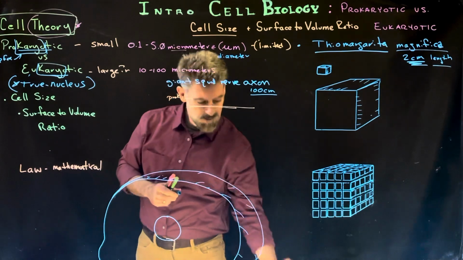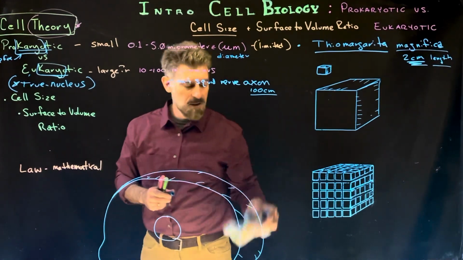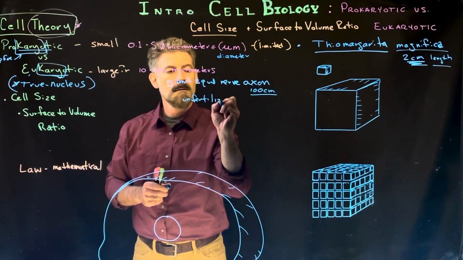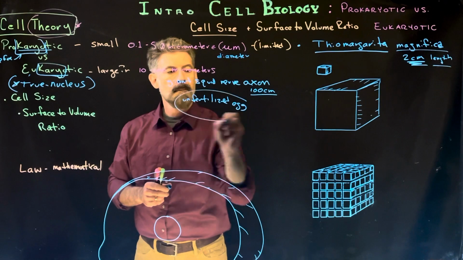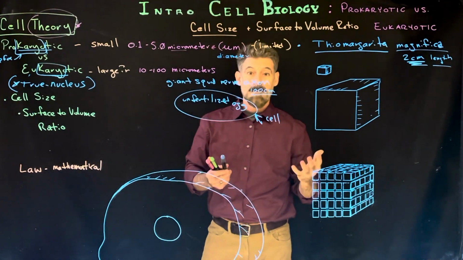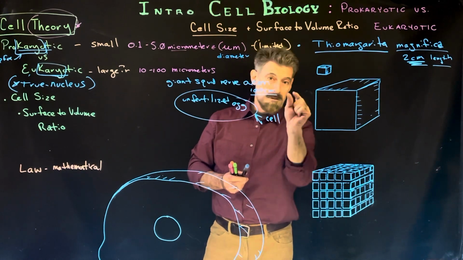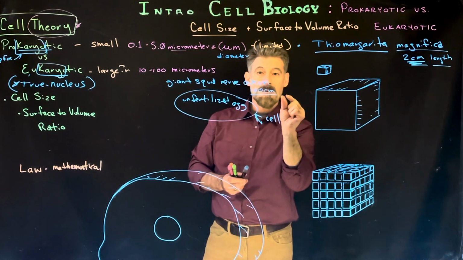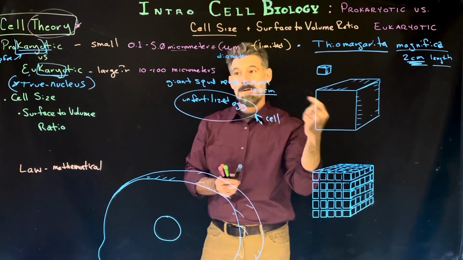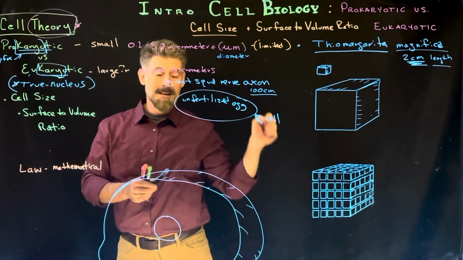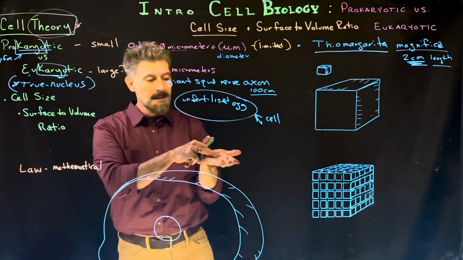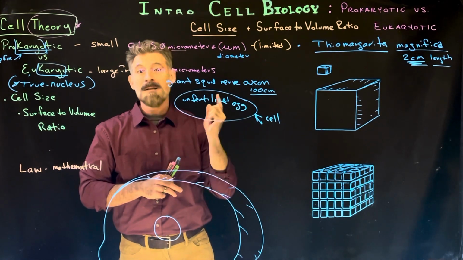So think about something that you're really going to relate to, an unfertilized egg. An unfertilized egg is a cell. Whether we're talking about an egg of a fish, which can be several millimeters to maybe a centimeter in size, or amphibian eggs, same sort of thing, they could be several millimeters, not just micrometers, millimeters to centimeters in size. That's something you could see sitting in your hand. It's that big, and that's a single cell.